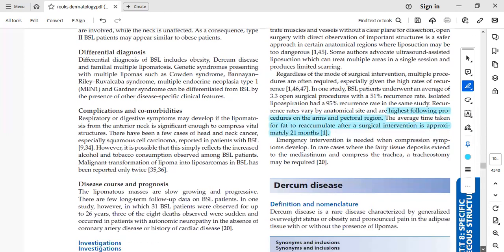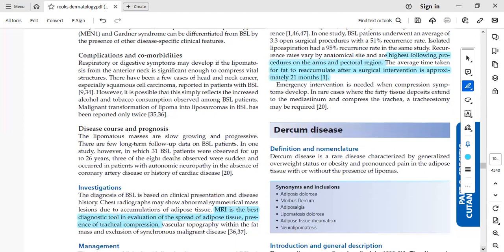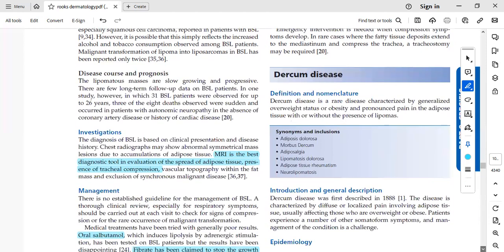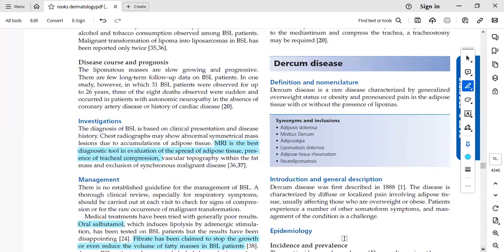Now we will come to the second topic of this subcutaneous lipomatosis, which is Dercum disease. There are different names for this Dercum disease, as it is also known as adiposis dolorosa, morbus Dercum, adipocelgia, lipomatosis dolorosa, adipose tissue rheumatism, neurolipomatosis. We have to remember all these names because in paper these names can be given and can also be asked